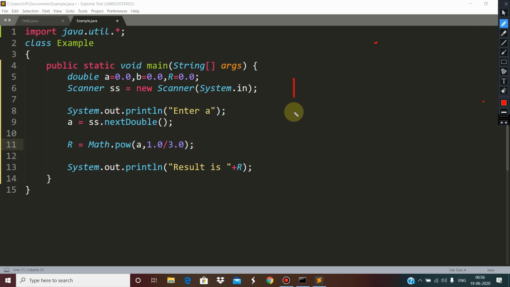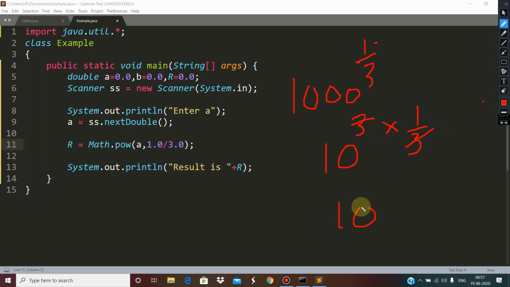For example, suppose the number is 1000 raised to the power 1 by 3. So we can write 10 to the power 3 into 1 by 3, and this 3 and this 3 are cancelled. So the resultant is 10 to the power 1, which is 10, the answer. So this is how this works.